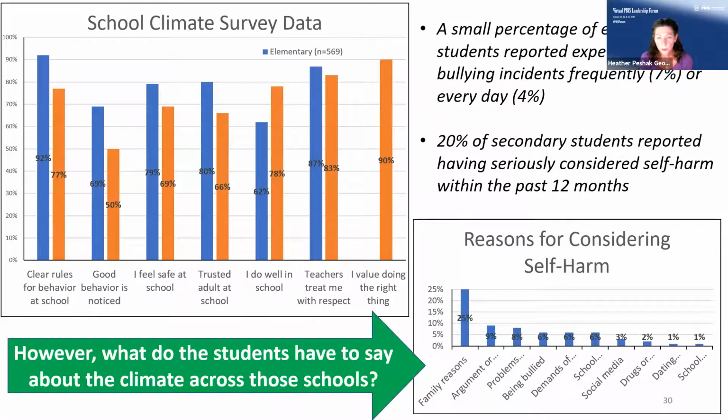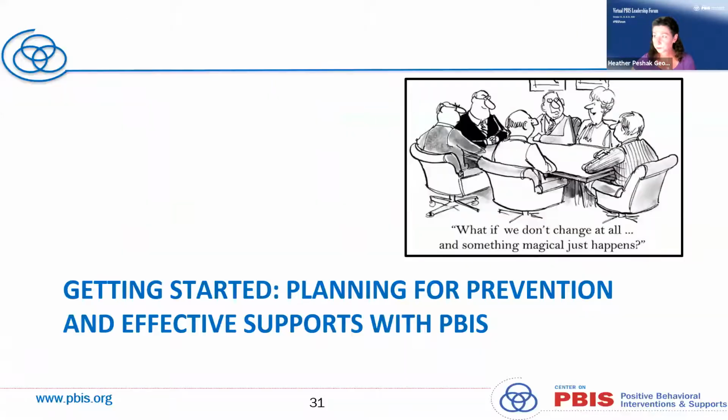So it's important that we look at what the students have to say about the climate across the schools. It's not that we can necessarily fix what's happening at home, but we need to provide a place that's safe for the kids, so that if they're feeling that there are family reasons at home, they can find an adult at our school to talk to. How can they start to build their skills so that they can cope when they are going back home? So there are things we can do during the school day.